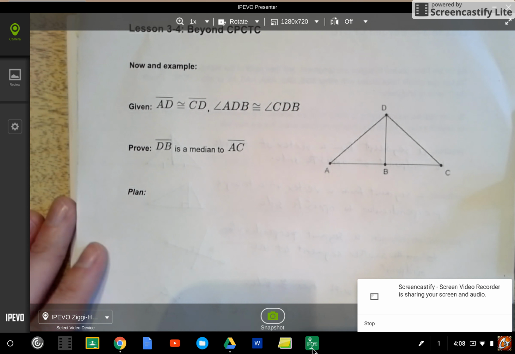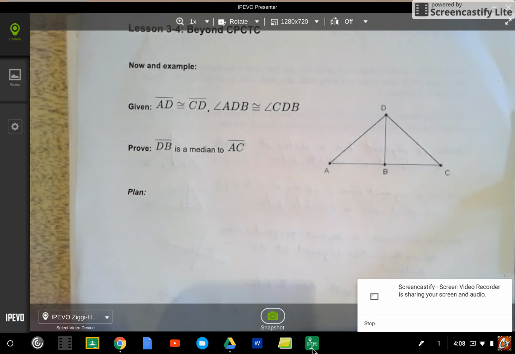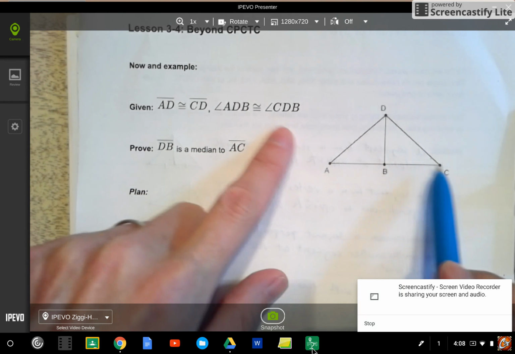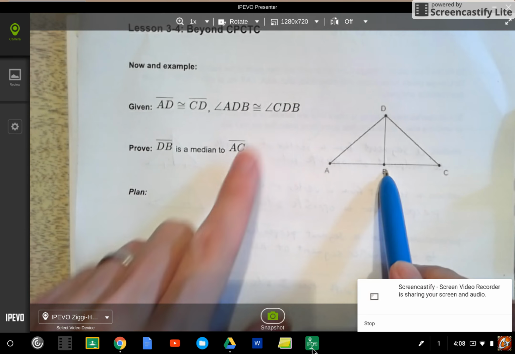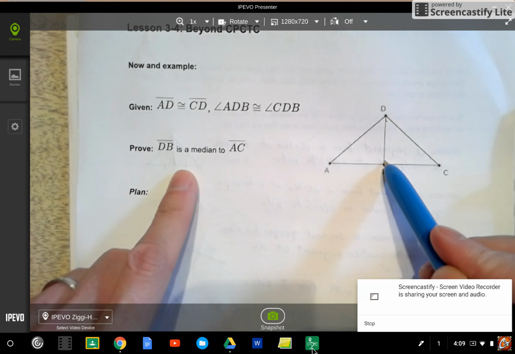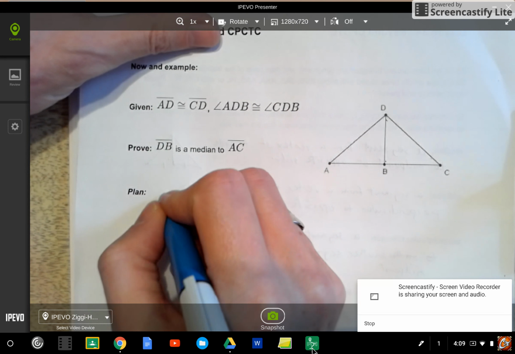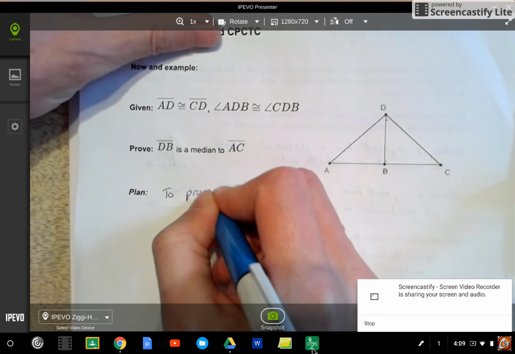So looking at this example, we've got our given. We're given that AD and CD are congruent. We're given that angle ADB and angle CDB are congruent. We want to prove DB is a median. Okay, so let's think about what that means. That means to prove this, to prove median,